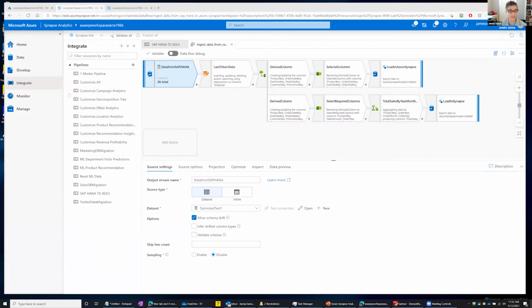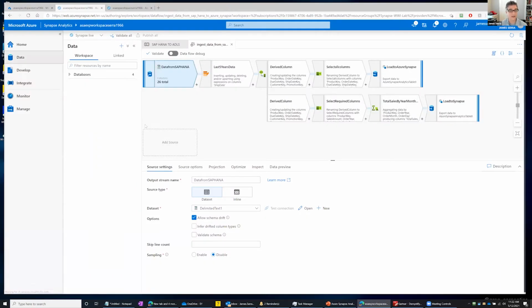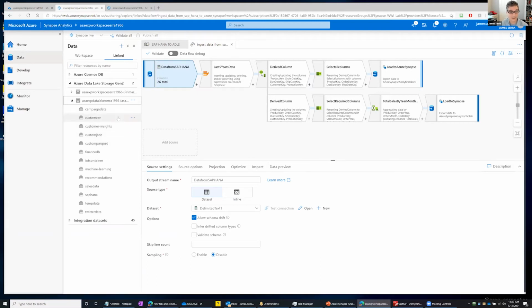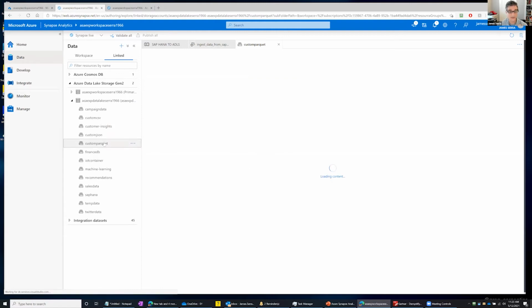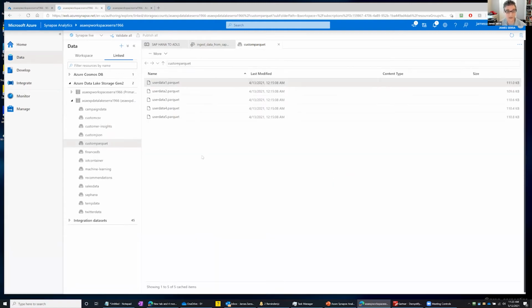So if I go back to the demo here and I click on data, I had previously linked in my data lake on here. So you can see once I expand on this, I have the folders that I created in my data lake. And one of these folders is custom Parquet. And here's where I uploaded a bunch of files, or I used Data Factory to land those files inside of here. So here's where I would say the magic happens: I have these Parquet files. I want to see what's inside of them.